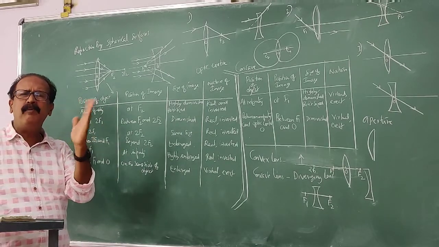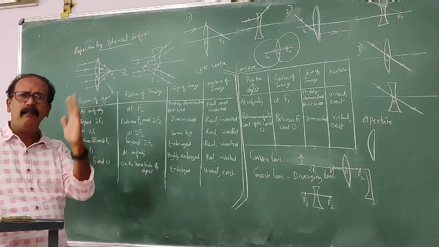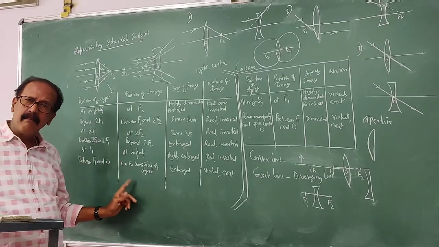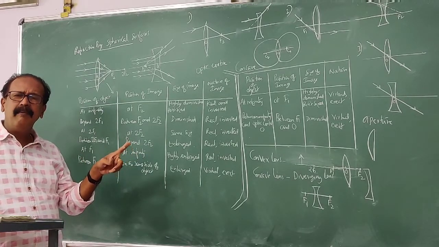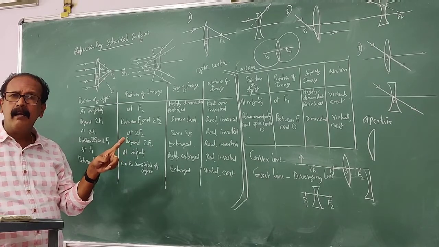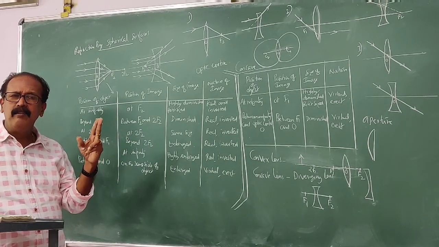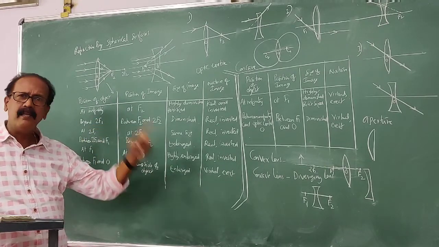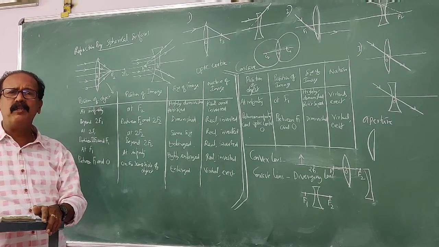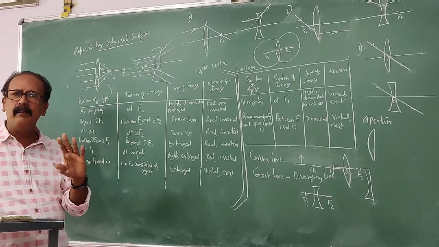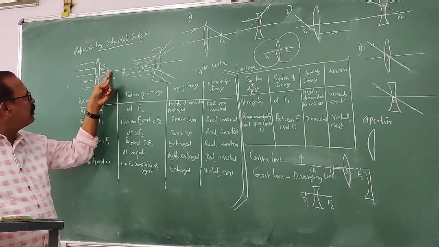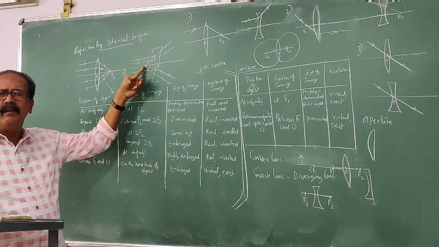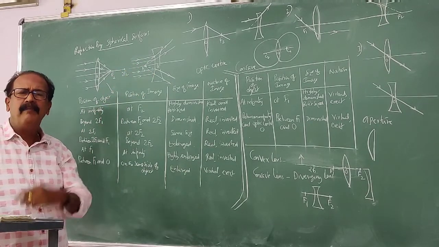What we studied for a concave mirror, it's a reflected image, remember. That is true for a convex lens, but it is refraction. What we studied for a convex mirror, only two positions, is true for a concave lens, but it is refraction. Mirrors are reflection only, and in lenses it is refraction only. So always mention, after refraction converges to the point, or after refraction appears to come from the focus. And in mirrors you have to say after reflection.